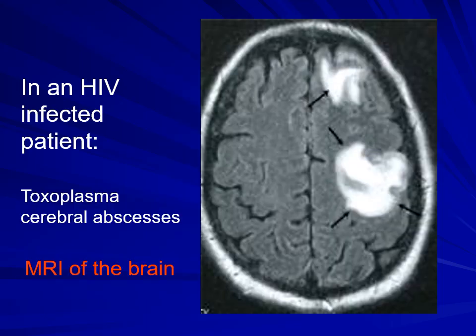And this is another example of neurotoxoplasmosis that reactivated in another HIV patient, but this time this is an MRI of the brain, and these white foci are also toxoplasma cerebral abscesses that resulted from the reactivation of the chronic form of infection back into acute form of infection. And again, always recall that in these patients, if they are toxopositive, they should be treated, because if reactivation happens and they are not treated, this.